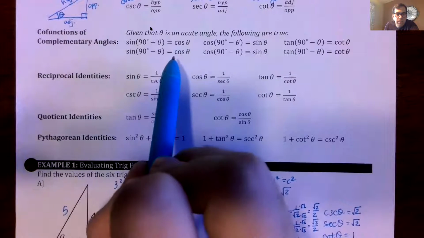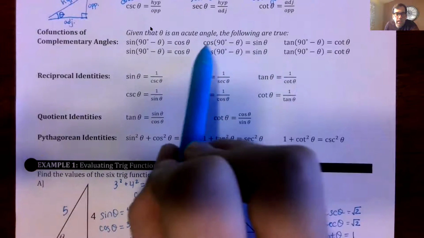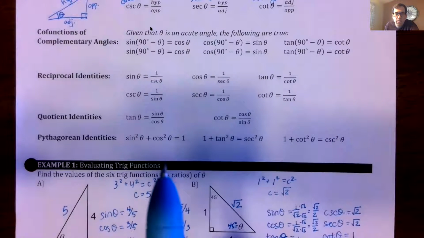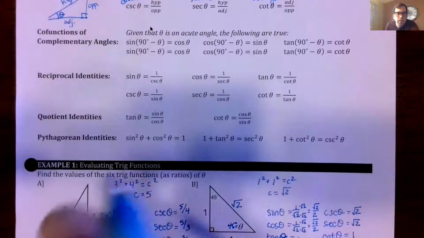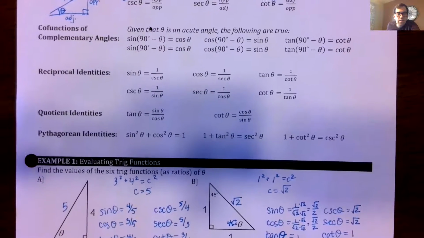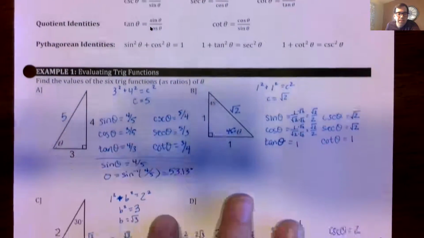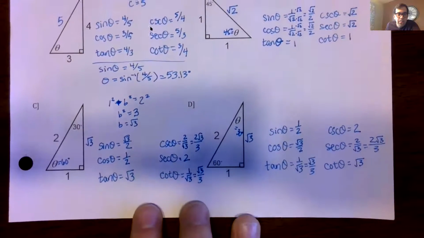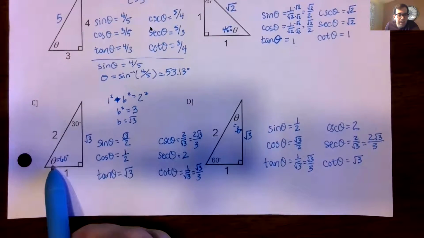I'm realizing I wrote the same exact thing twice here, didn't I? These ones were supposed to be the secant, the cosecant, and the cotangent, kind of in the opposite direction. But it does not matter. In any case, all the way back down here, what that means is, think about that, theta